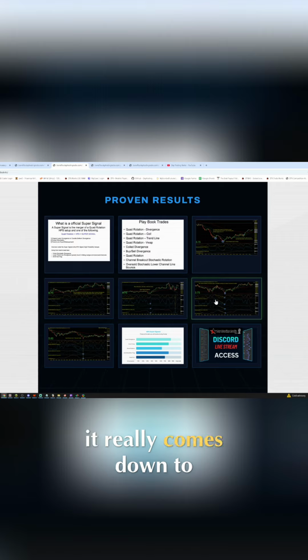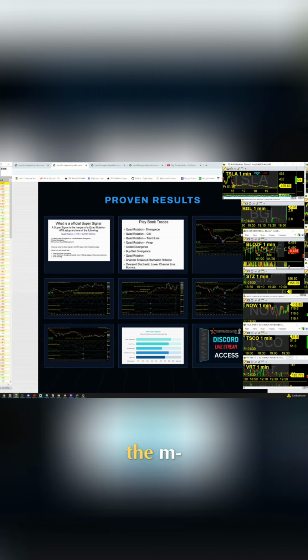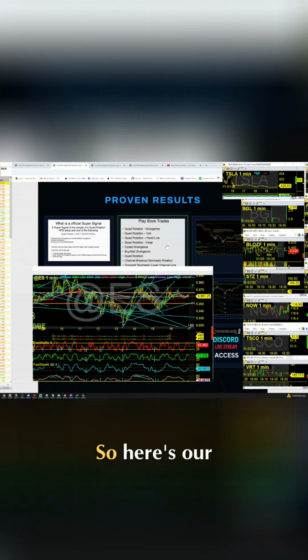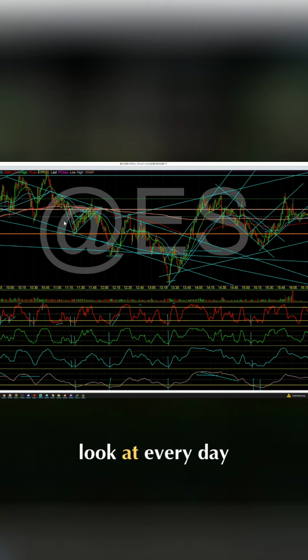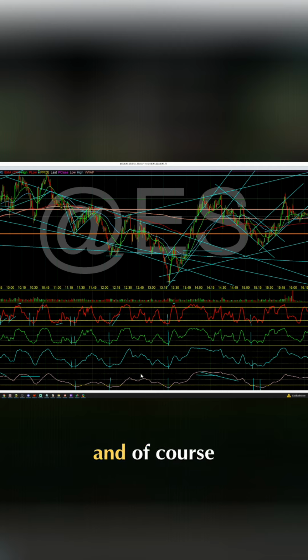It really comes down to, and I'll go over this in a bit, it really does come down to the understanding of our quad rotation. So here's something that I look at every day. And if we're trading the futures, and this again applies to stocks and futures, and of course anything that